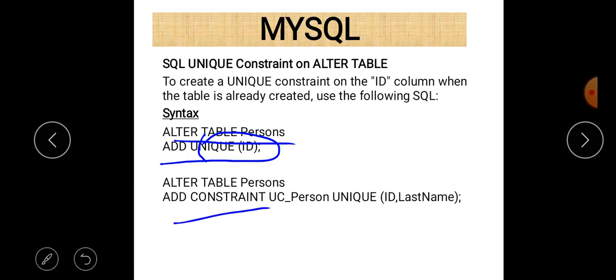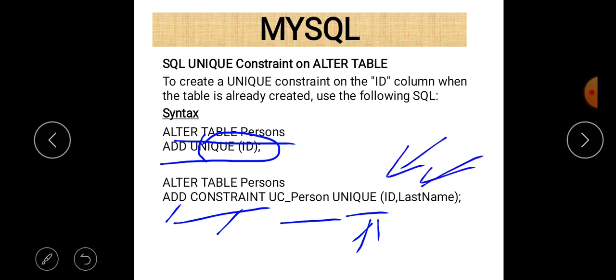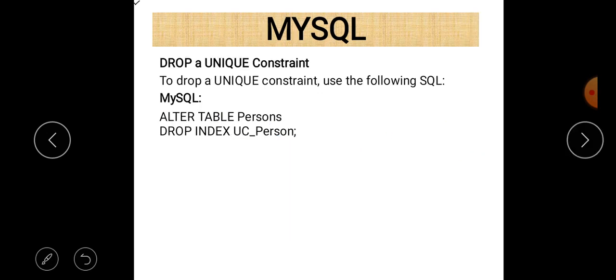First write add, then constraint, and the name of the constraint. The name of the constraint is UC person, and then unique, because here we want to add a unique constraint on two columns, ID and last name. So now ID and last name become unique in the table person.